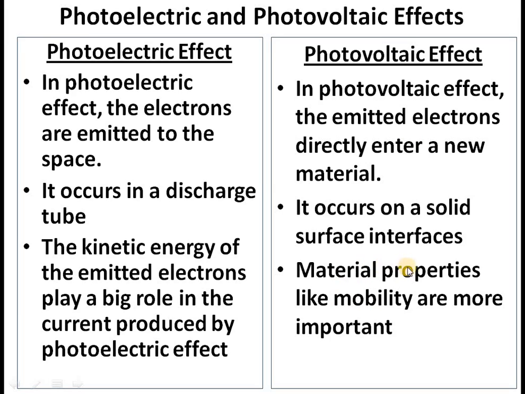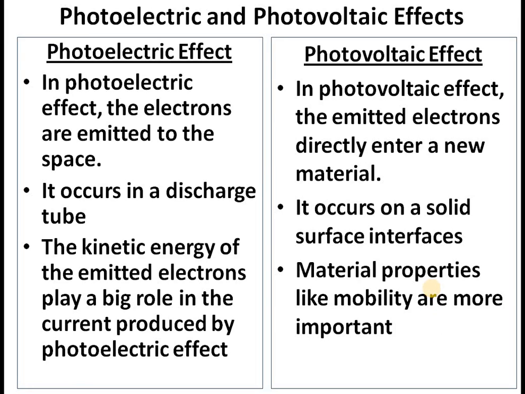But in case of a photovoltaic effect, there is no electron running through the plate. Okay, electron is moving through the material. So only mobility is important. What is the mobility of the electrons through the material is concerned. Okay, here there are no running electrons. Okay, because electrons are just mobilized through the crystals. Because we are using a silicon crystal basically, through the crystal they are moving. So that is indicated the mobility.